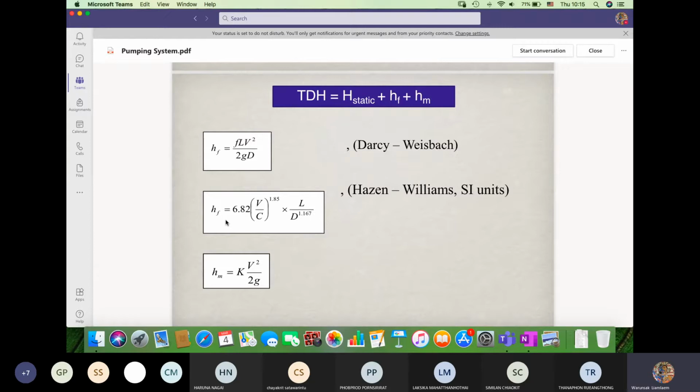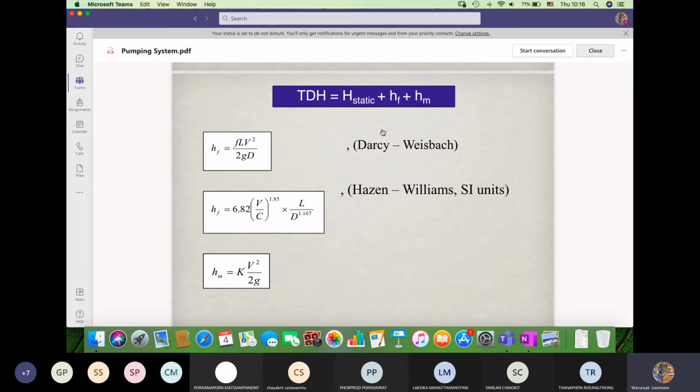If I substitute velocities by the flow rate divided by A, as Q is equal to AV, so V is equal to Q divided by A. If we express the head loss in terms of the flow rate, for the Darcy-Weisbach equation you will get Q to the power of 2, Q squared. For the Hazen-Williams equation, we substitute V equal to Q divided by A, the cross-sectional area. If we use a cylindrical pipe, the area is pi d squared divided by 4. So for the Darcy-Weisbach equation, here it is 2, but for the Hazen-Williams equation, Q to the power of